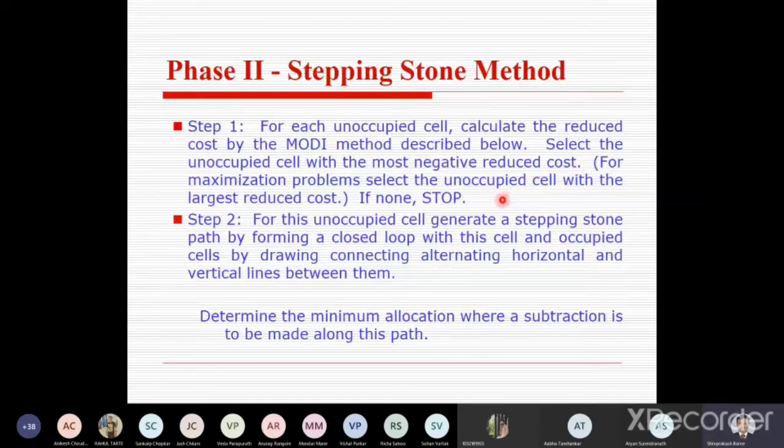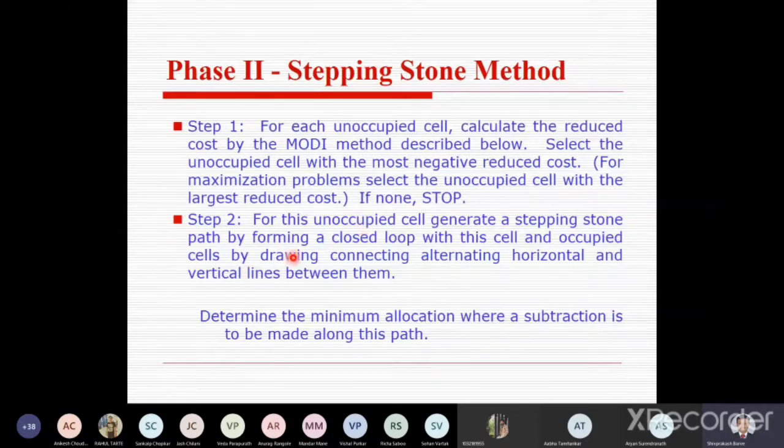If there is a negative figure in the table, it indicates that there are chances of improvement. So we have to use a number of iterations until we get all the net costs either zero or positive. A negative cost means there is a chance to improve the solution, and if all the cells have either positive or zero values, that is the final solution, and there we have to stop because this is an iterative method.